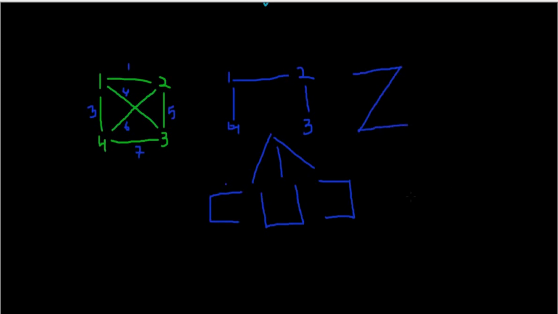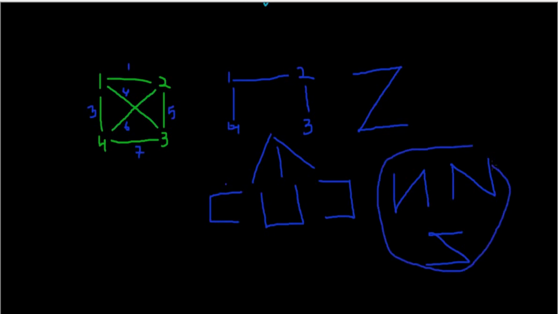So इसके भी 3 और बन जाएंगे इस टाइप के भी. So they will be like 1 to 4, 4 to 2, 2 to 3 and 4 to 1, 1 to 3 and 3 to 2, right? And 2 to 1, 1 to 3 and 3 to 4, right? So these can be my spanning trees.